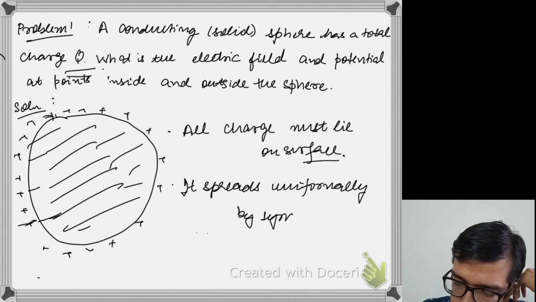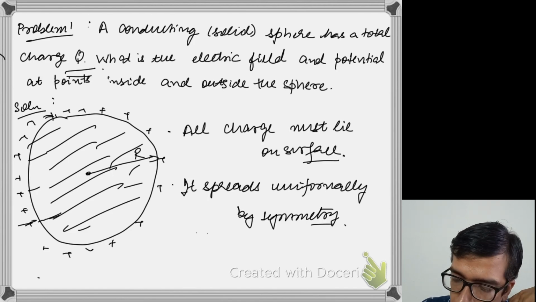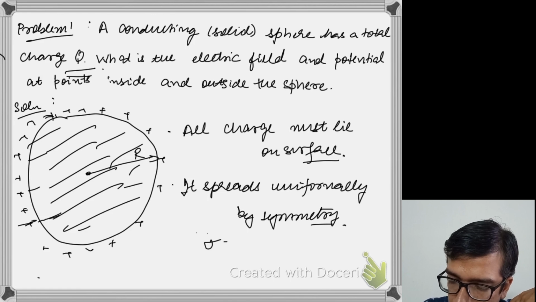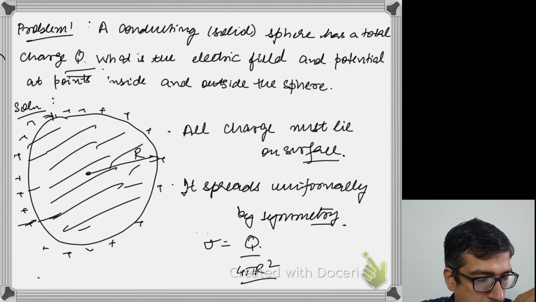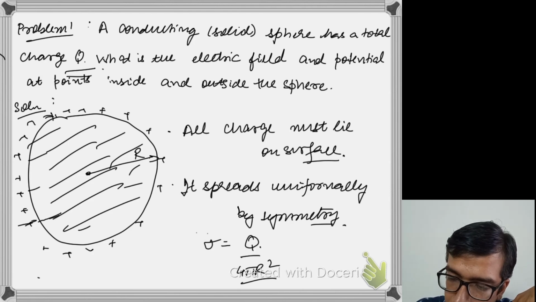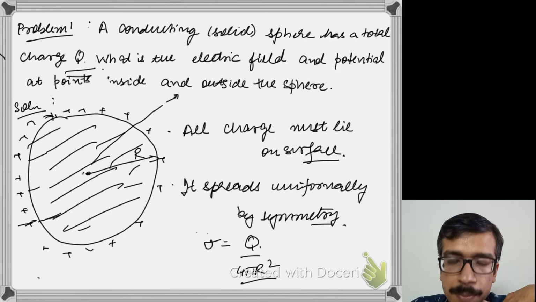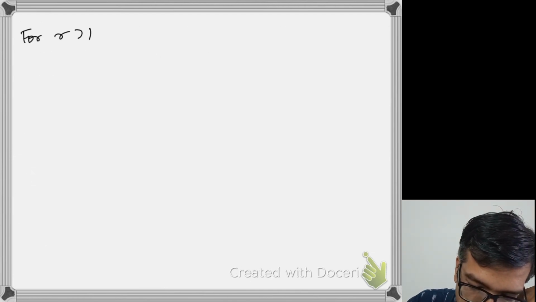So we can assume that the radius of this conducting sphere is capital R. So essentially the charge density is Q over 4 pi R square. So there is a net charge of Q on this surface now. And now we need to compute the electric field at points which are inside and outside the sphere, right? So if you take any point, let's say outside, we can apply the same Gauss's law argument. So for small r greater than capital R, you can apply Gauss's law